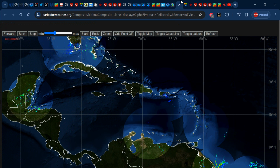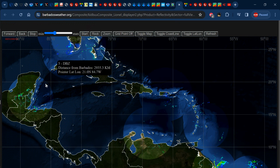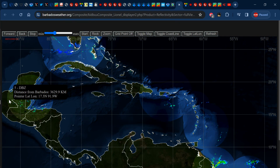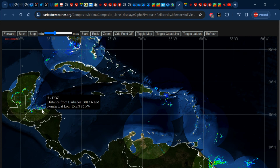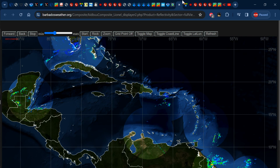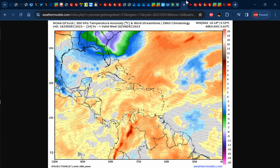As it relates to the wider view of Doppler radar images, we can see some amount of rainfall, as we just saw on the visible satellite images, coming into sections of northern Guatemala, coastal areas of Honduras, sections of the Yucatan Peninsula. And as it relates to the temperature forecast for Wednesday, this map from the GFS is valid for